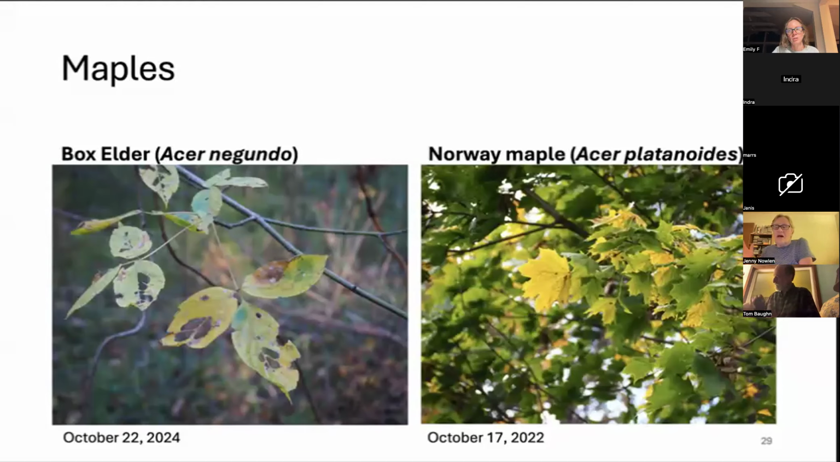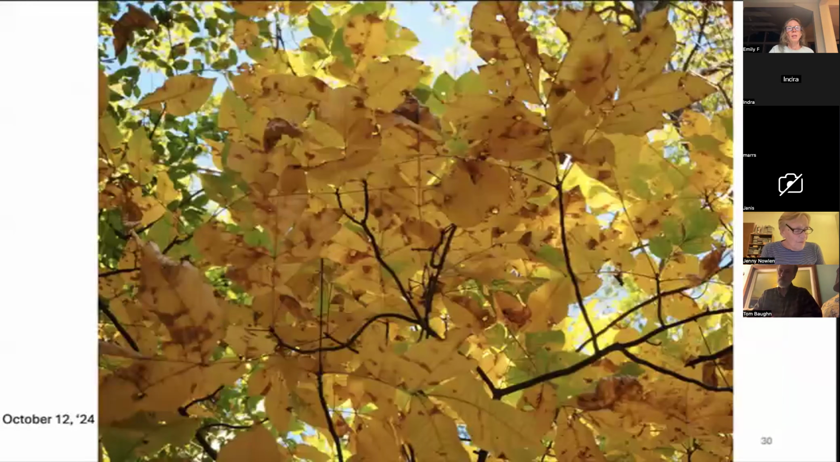And someone just asked: sugar, silver, red, box elder, and one I didn't put in here tonight, the striped maple, are all native to this area. Sugar you have to get in high elevations though. And yeah. So here is our next